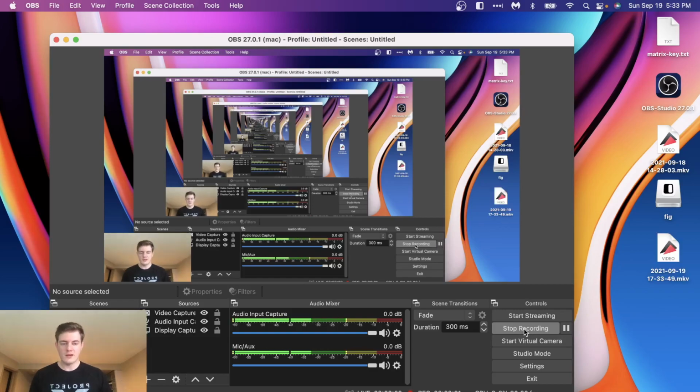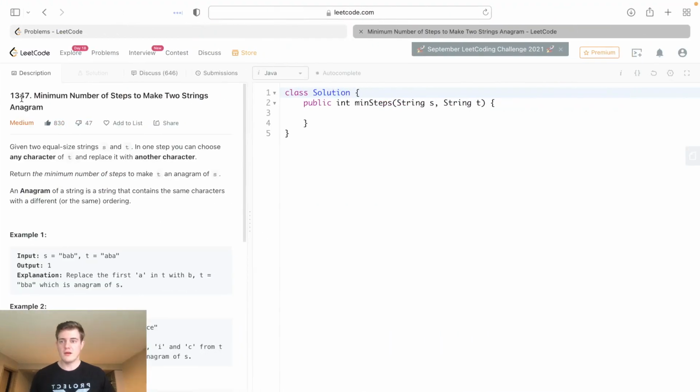Hey everyone, today I'll be going over Leetcode 1347, minimum number of steps to make two strings anagram. So we're given two strings, and in one step you can choose any character of one string and replace it with another character. So basically you have to count the minimum steps to make them equal by doing these replacements. So just very simply, let's take a test case as I always do